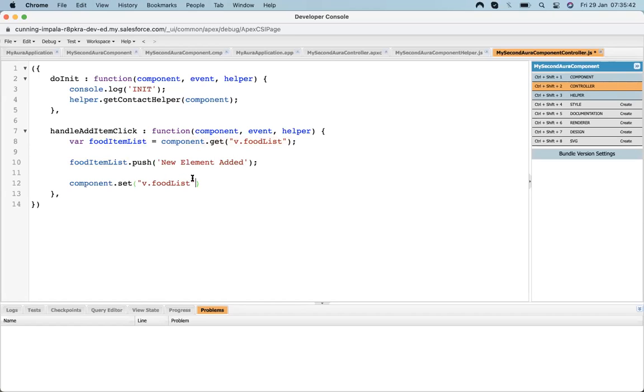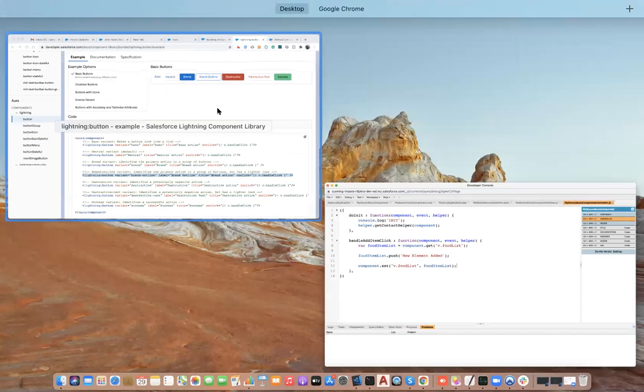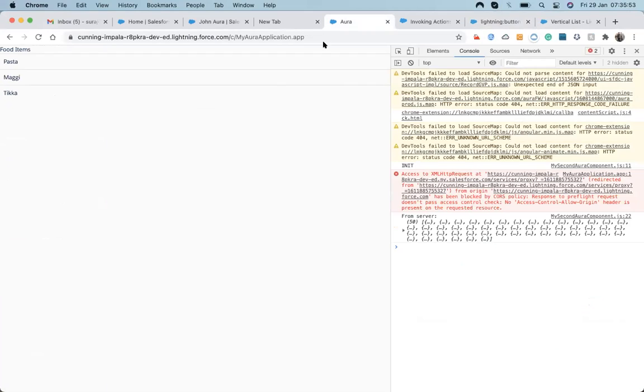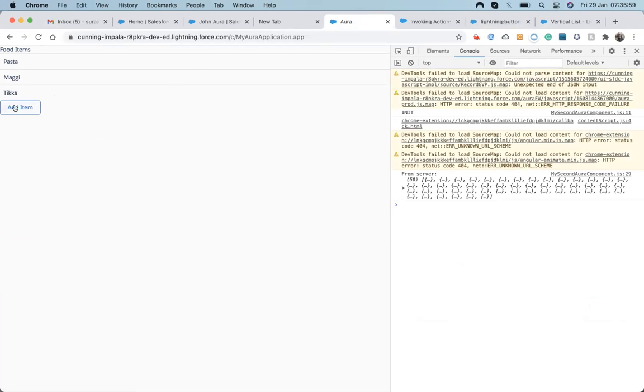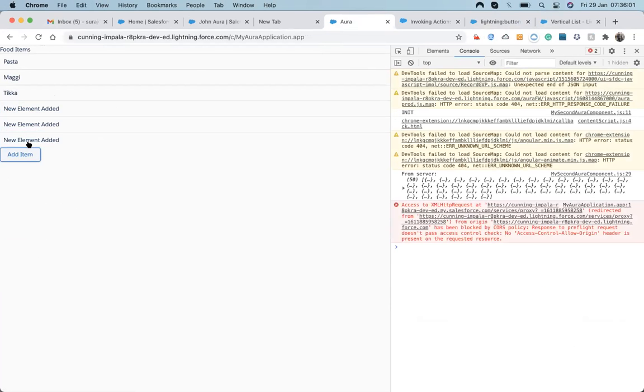So I come up here, and then I will just set the new value. Okay, when I click on this, a new element will be added. Whenever I click on this, a new element will be added into the list.